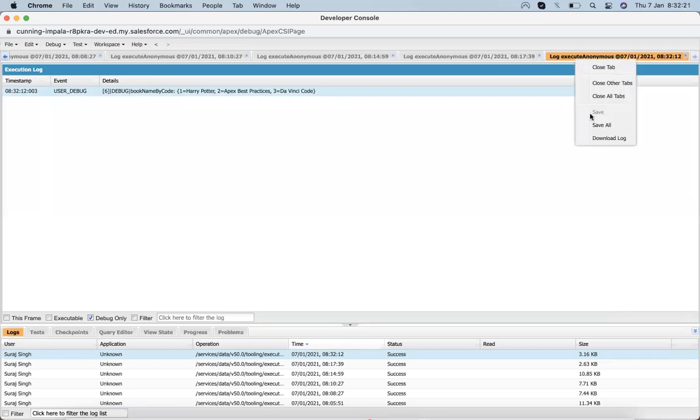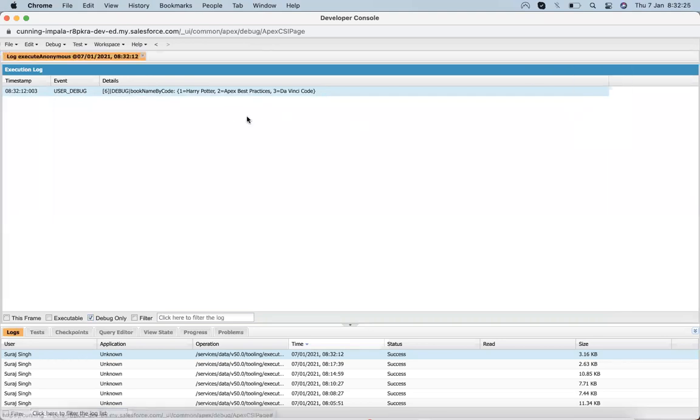You can see that it's coming as 1 equals, 2 equals, 3 equals, meaning key and value pairs. Whenever we are working on a map, we have to think about that key and value pair.